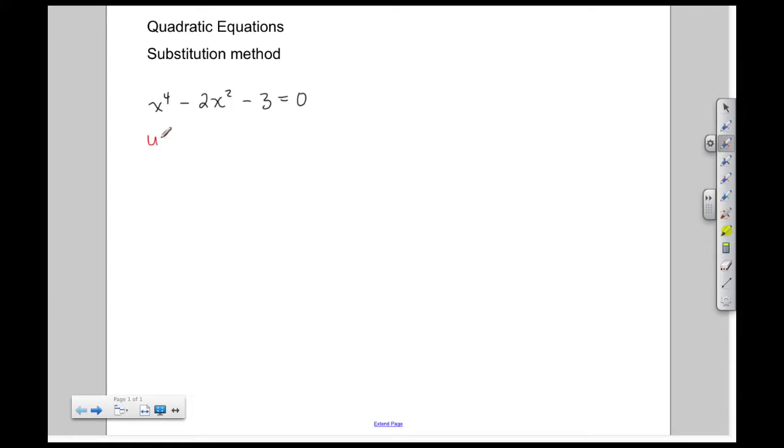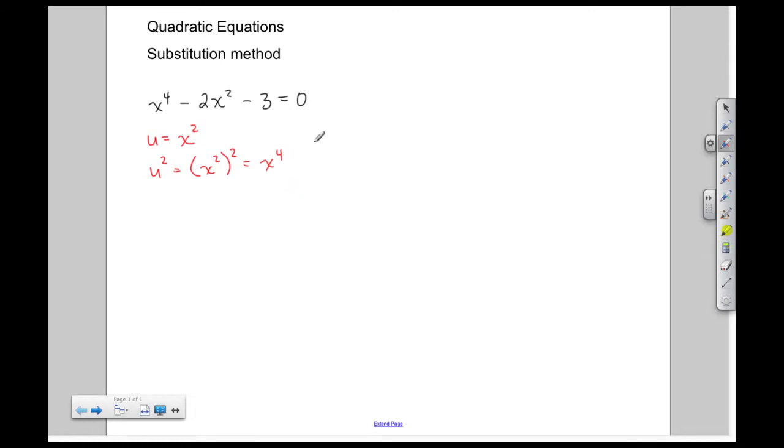We're going to say here that the letter u is going to be the same thing as x squared, and if we were to square the value of u, that means we would also have to square the value of x squared, and we know that when we raise a power to a power, we actually end up multiplying the exponents. So 2 times 2 actually comes out to be 4.